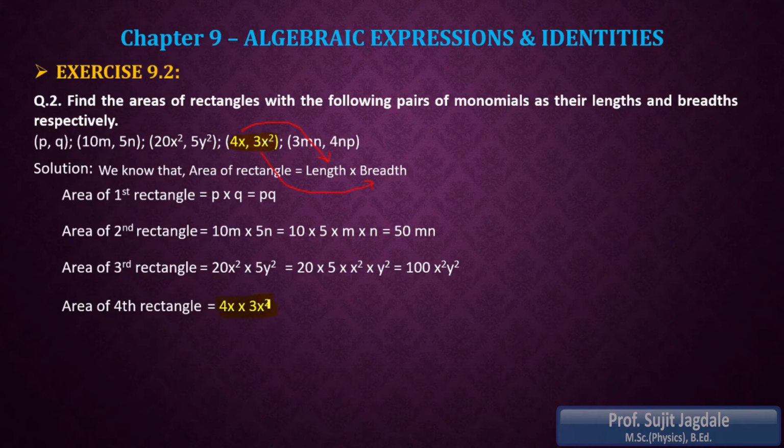Separate the numbers, separate the variables. I told you how to take the product. First you have to take the product of numbers, then if same variables are there then take the product of those same variables, and if they are not same then take the product of different variables. So in this case x, these are the same variables. So initially I had taken the product of numbers 4 into 3, then x into x square, that is the second product.